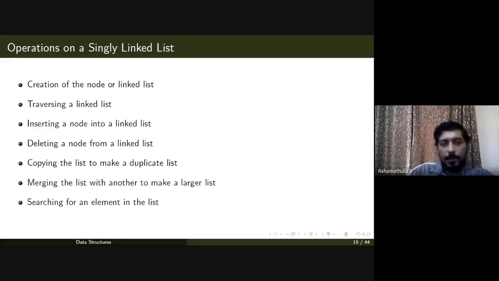So these are the operations on a singly linked list. You can create a node or create a linked list itself, traverse a linked list, insert a node onto the linked list, delete a node from the linked list, copy a list to make a duplicate list, merge two lists, and search for an element in the list. We will see these operations one by one.